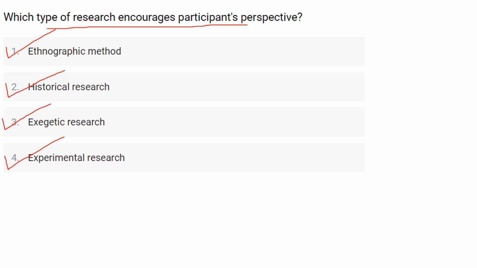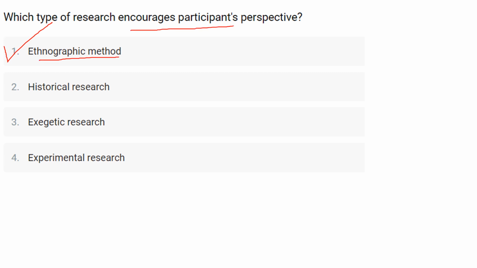And the methods used by the participants in learning the various social and cultural systems that they interact with are the same methods that are used by ethnographers in learning a new cultural system, that is observation, interviewing, participating and making interpretations. So here the correct answer will be option number 1. Ethnographic method of research encourages the participant perspective.